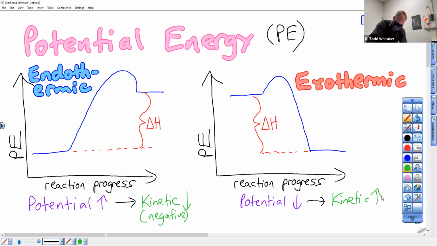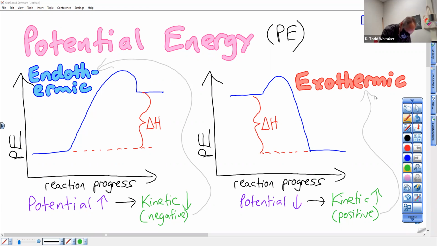All right, and it's positive, right? Kinetic going up is positive. Kinetic is heat. Exothermic, you know? Just trying to show you where these names are coming from. Negative means endothermic. Positive means exothermic. Now at the top of these hills,